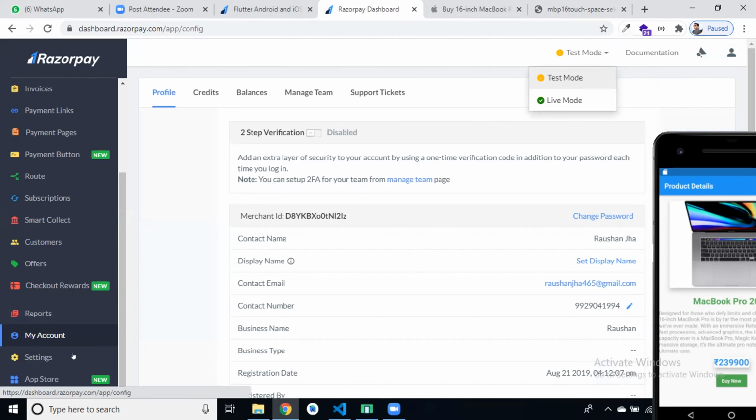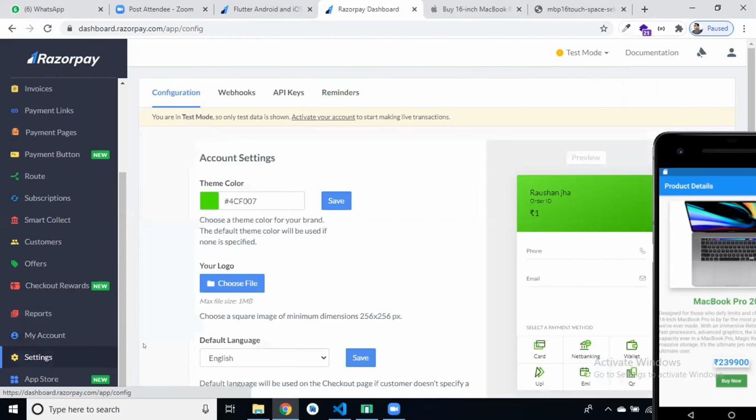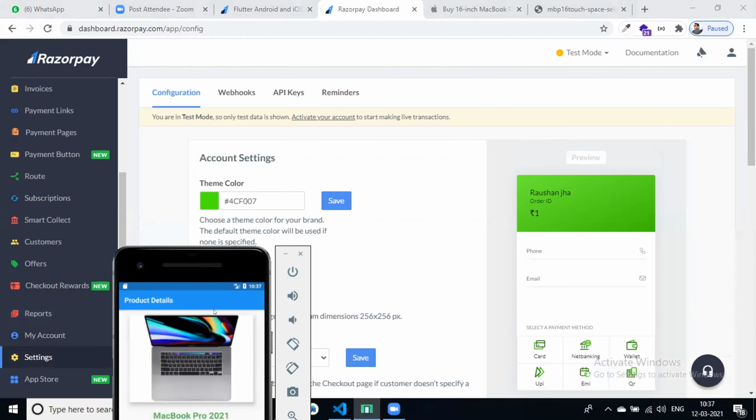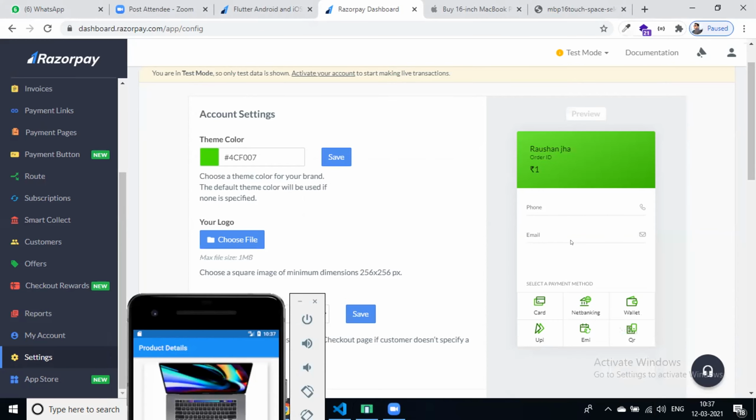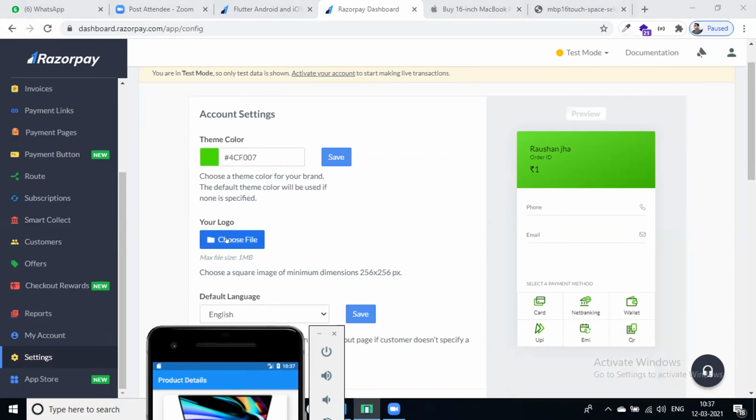So in settings, yes, in settings we have a configuration. We can set the theme color. Like, can you see in our app? If I change this theme color, the color in our app will also change. You can also choose your logo, so it displays your logo on the payment gateway.